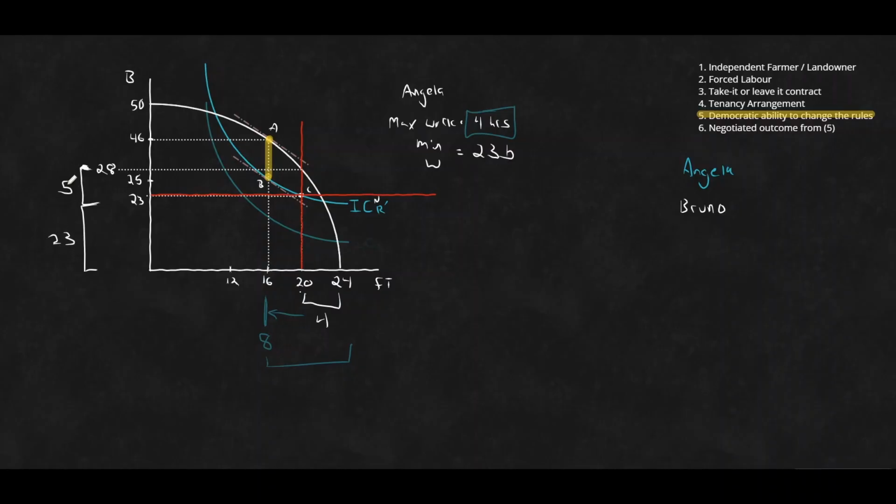It's just Bruno who ultimately is stuck with lower profits because of this law, because of this rule altogether, and thus the social payoff is much, much smaller. So we can do things like that. We can put in a minimum wage. We can put in a maximum number of hours worked.